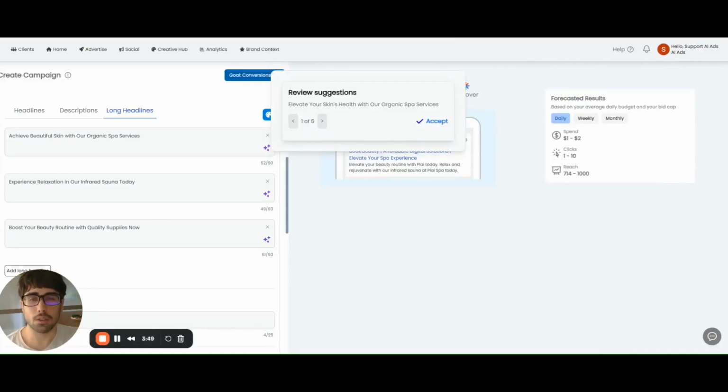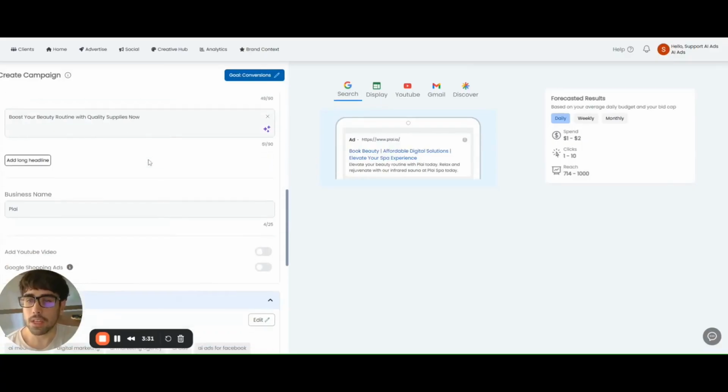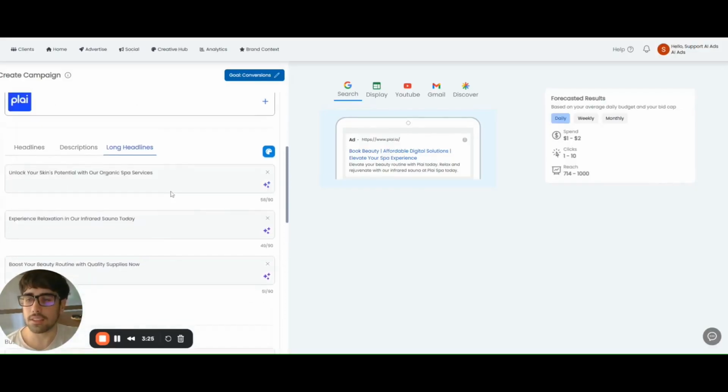And then the only thing that you have to do is to look at the different variations that have been generated, and then just click on accept, and then it will be applied right here. You can add more text to it if you want to reach the maximum amount of characters, that is 90. And then another cool feature that we have added, and it has been highly requested, is the possibility